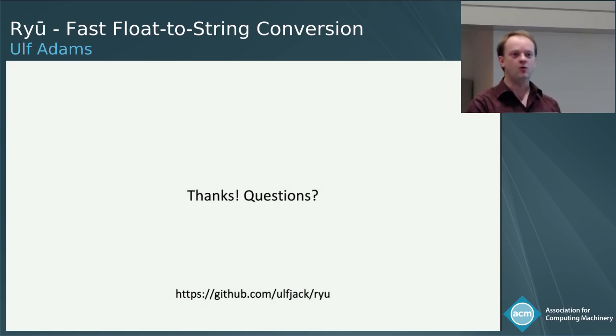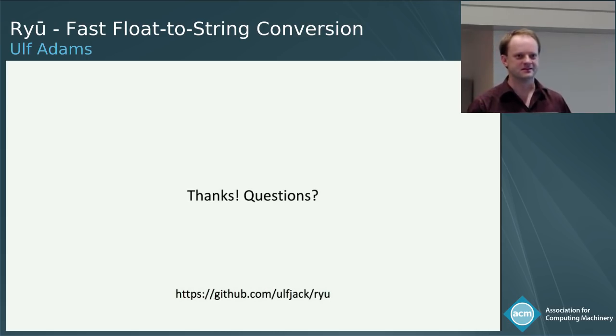The second one is the Java implementation always allocates memory, and then allocates even more memory and makes a copy, because the Java string constructor has to be defensive, and so I can't just pass it an array and have it use it, but it has to make a copy internally. And the third is that as far as I can tell, the optimizing compiler is just not quite as good as the one in Clang and GCC. I actually looked at the generated machine code by these compilers, and it's really, really good. I made changes to the code, and I saw no difference in the generated machine code because the compiler completely understood what I wanted to say and mapped it to the best possible sequence. So